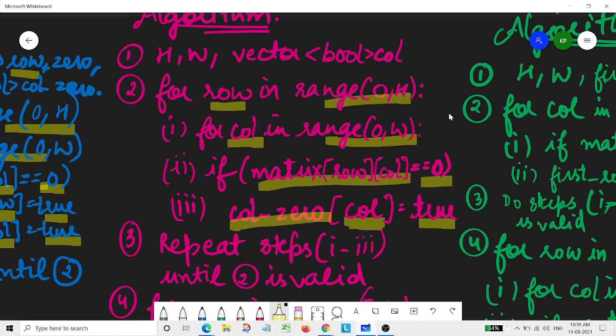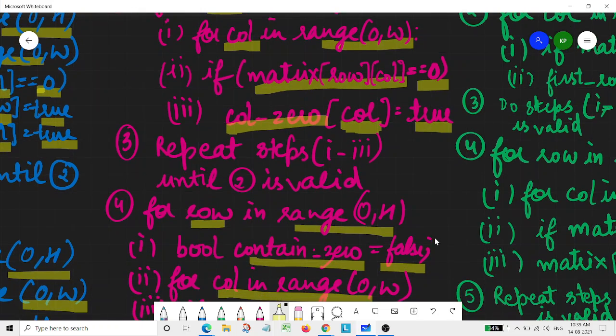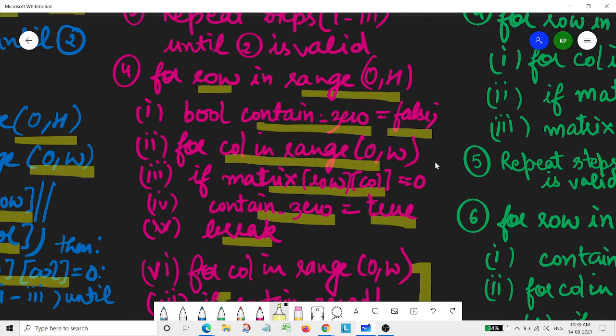In this, we were first marking all the columns which were containing 0 as true in our column 0 vector, and after that, we were checking for rows and columns, and time and again we were reinitializing it as false, because we want to mark all the rows as true which are basically containing the 0.